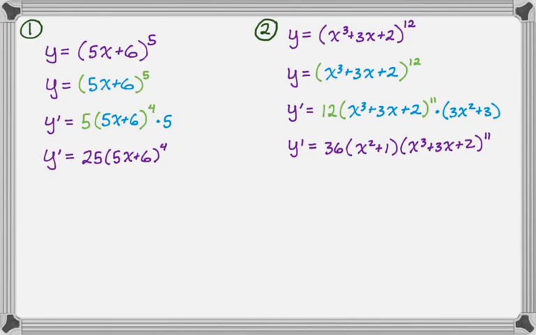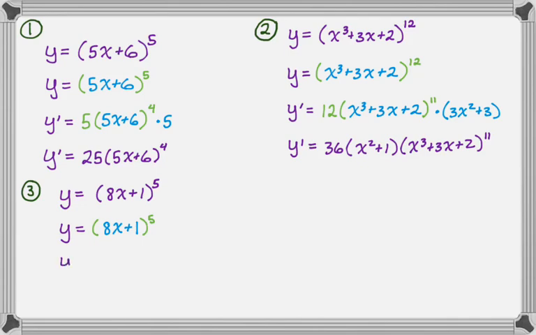All right, let's try another one. So we have y is equal to the quantity 8x plus 1 to the fifth. All right, so I'm going to color code everything. Now I need to find the derivative. So what I'm going to do is start to do them in a slightly more sophisticated way, basically just skipping steps. I know that I'm going to have to take the derivative of something to the fifth, so that'll be 5 times that thing to the fourth, and then I need to multiply by the derivative of the inner thing,